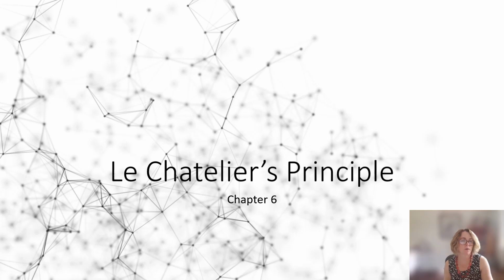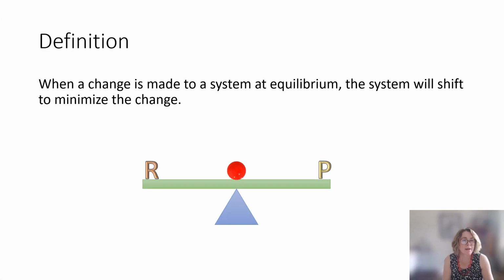In this video, we are going to be talking about Le Chatelier's principle. Basically, what this talks about is what happens when you take a system at equilibrium and you take it out of equilibrium. What does that system do and how does it get itself back to equilibrium? So by definition, when we make a change to a system at equilibrium, that system will shift to minimize that